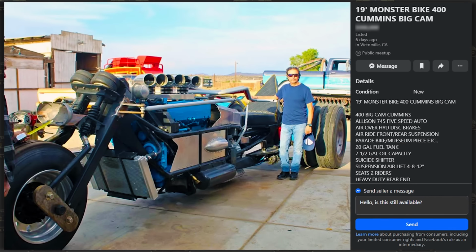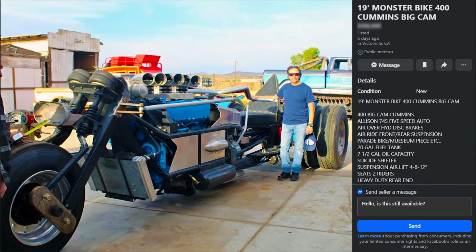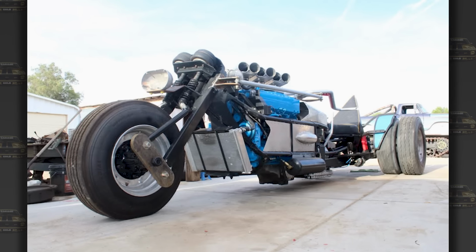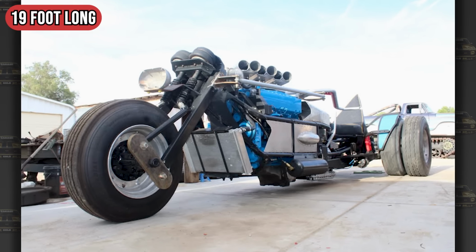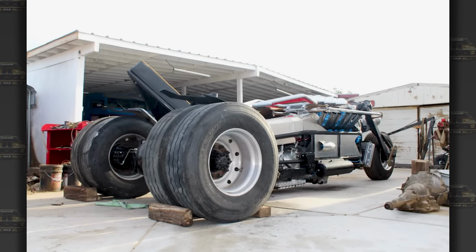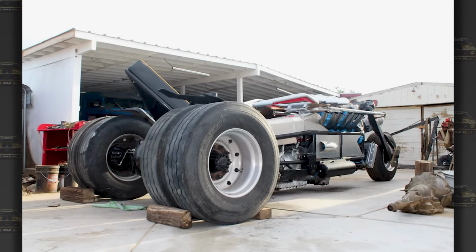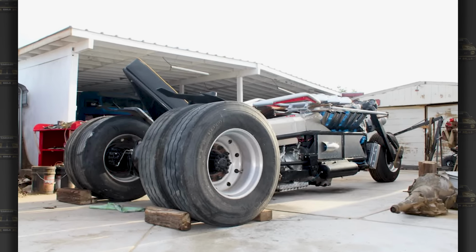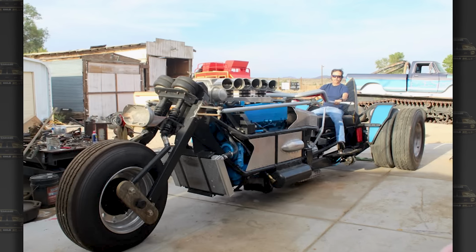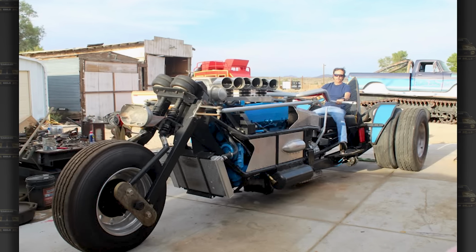This right here isn't just a motorcycle, it's a rolling tribute to American excess, bald eagle testosterone and sheer mechanical insanity. Introducing the 19-foot-long behemoth known simply as the monster bike. This thing is so badass, it instantly raises the testosterone level of any man within a 10-mile radius of this beast. It doesn't have speakers, but I think the American national anthem can be heard when this drives nearby,